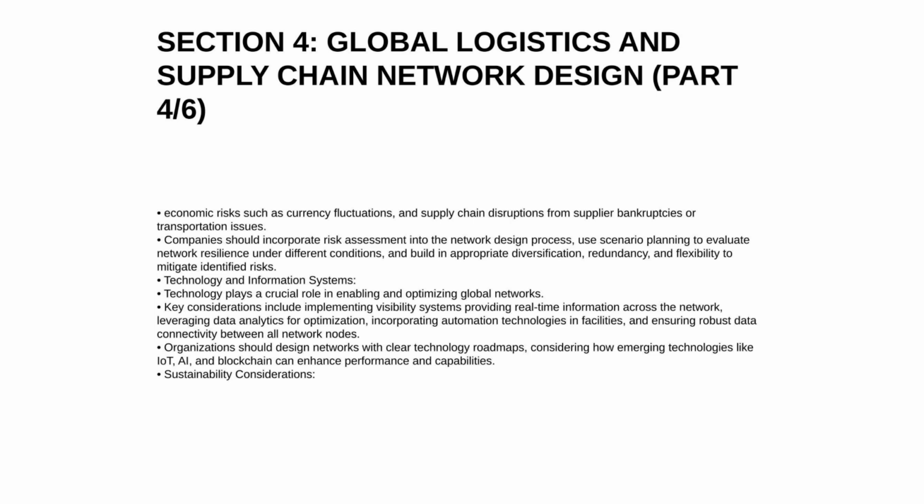Technology and information systems. Technology plays a crucial role in enabling and optimizing global networks. Key considerations include implementing visibility systems, providing real-time information across the network, leveraging data analytics for optimization, incorporating automation technologies in facilities, and ensuring robust data connectivity between all network nodes. Organizations should design networks with clear technology roadmaps, considering how emerging technologies like IoT, AI, and blockchain can enhance performance